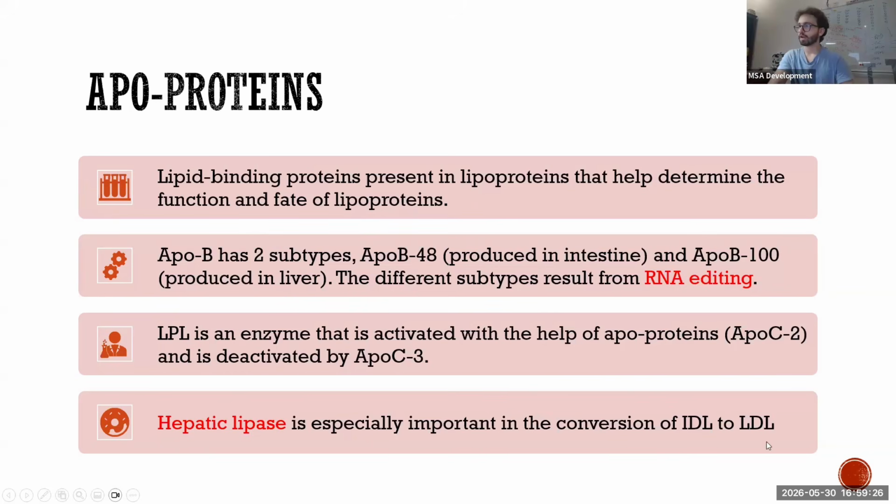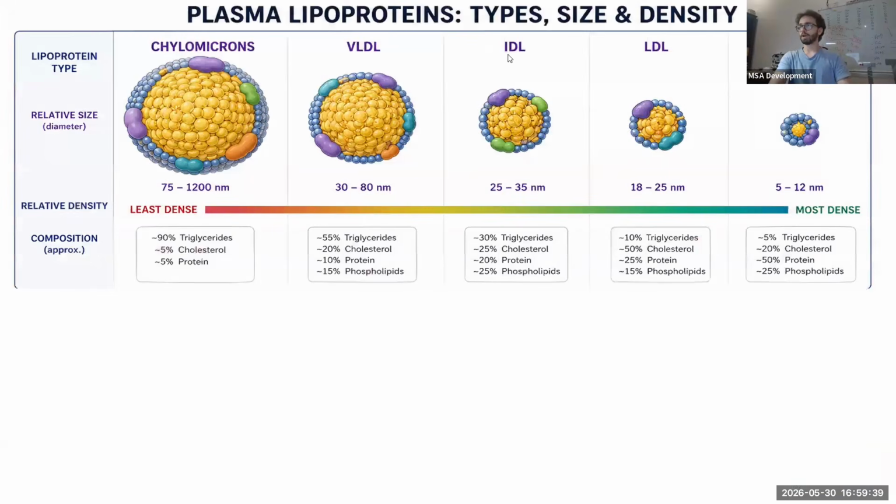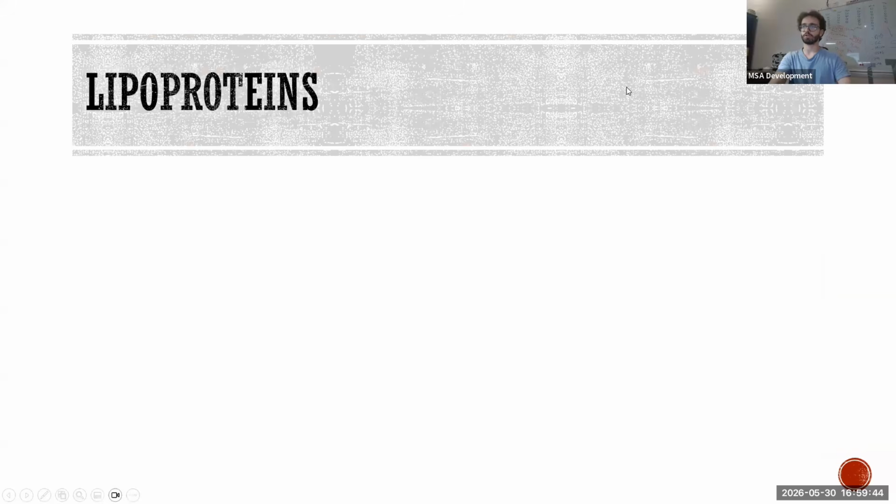You see, guys, this rectangle, it's just one line. So, wallahi, a question came about it once. So I want you to memorize this line. I won't even say it. Just memorize the line عشان ما نزعل من بعض. I'm gonna go to explain this. IDL can be converted into LDL. How? By an enzyme called hepatic lipase.